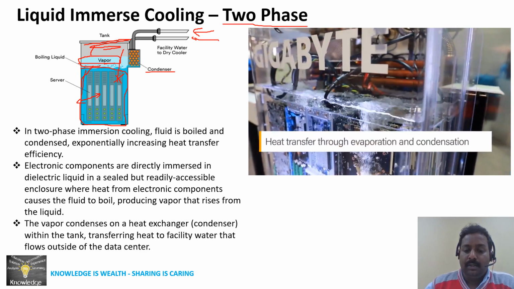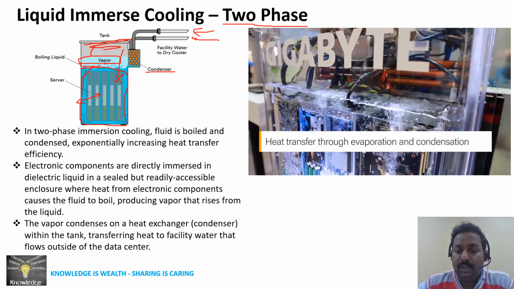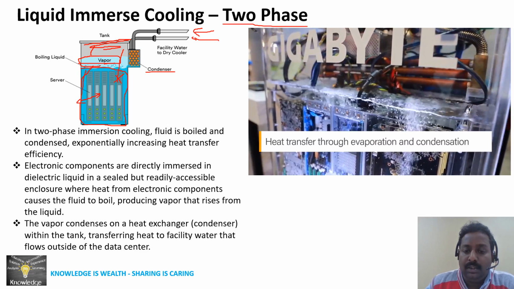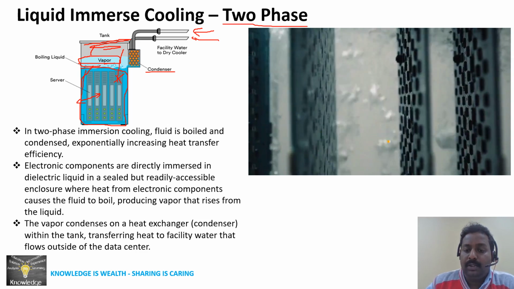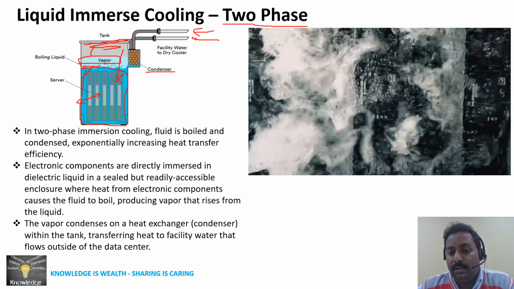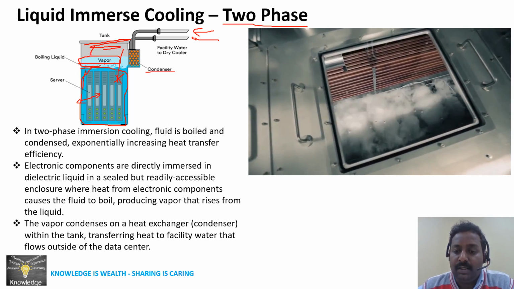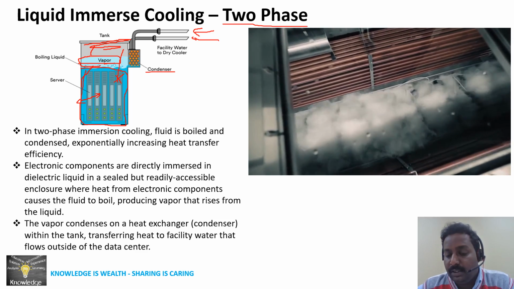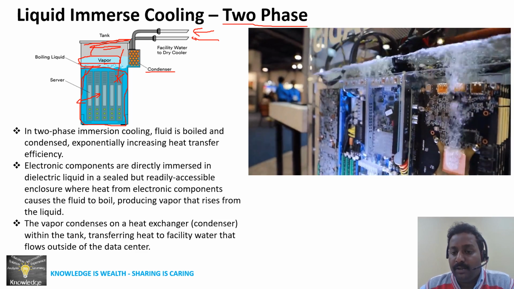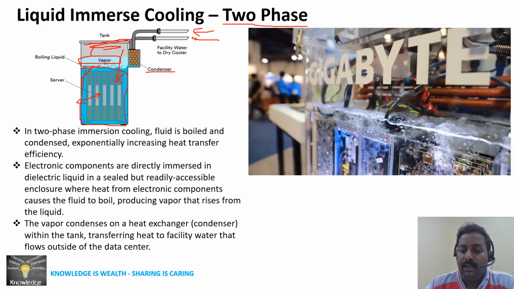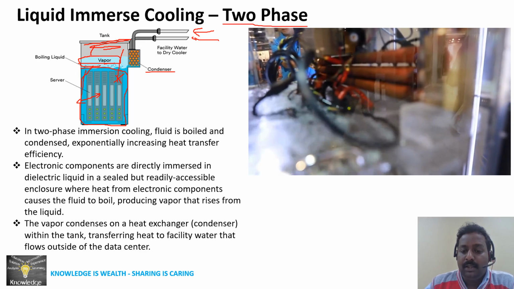So this is a two-phase liquid immersion cooling setup, where servers are immersed in engineered fluid. You can see it looks like water, but it is not water, it is an engineered fluid. Already we discussed it is non-conductive up to 60 kVA, and it can withstand up to 5000 ampere. So directly heat transfer has been